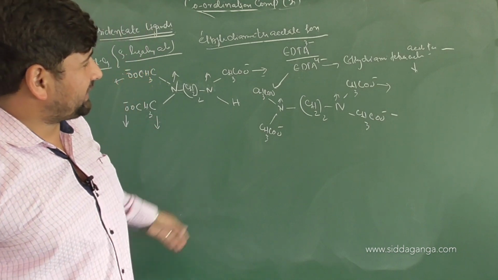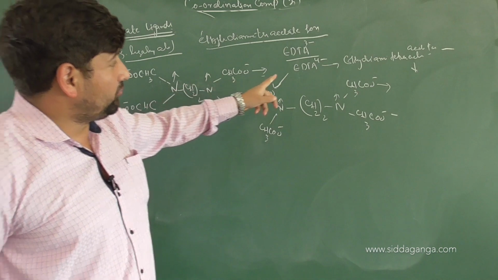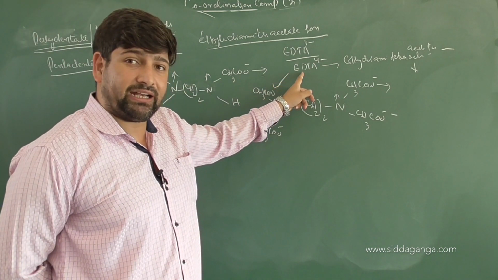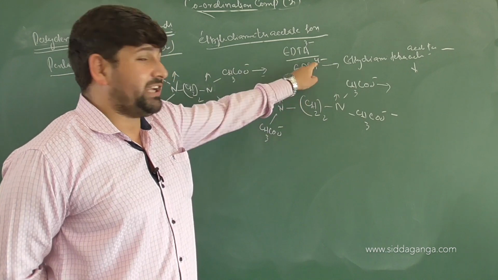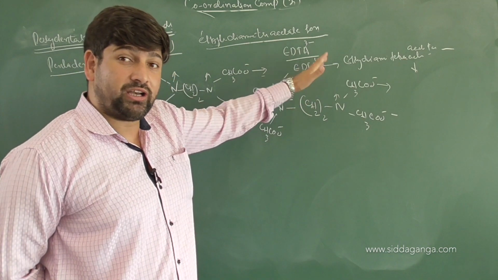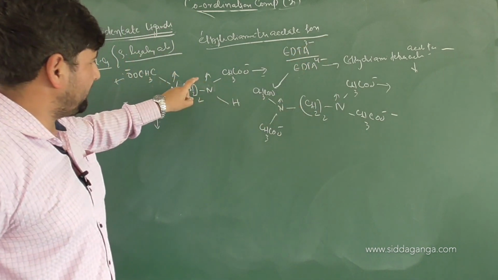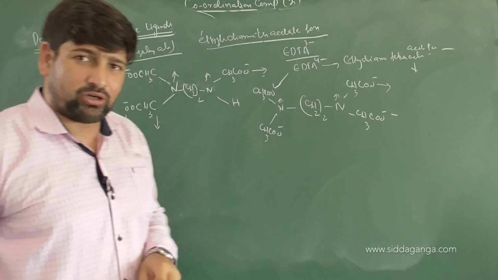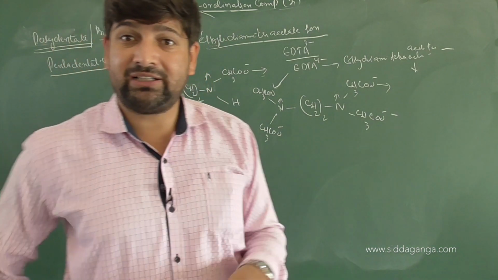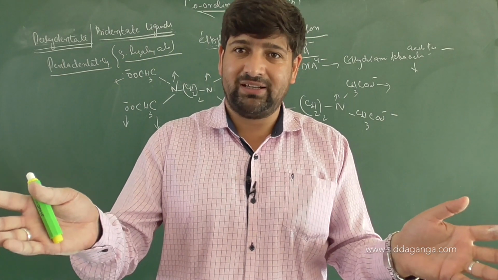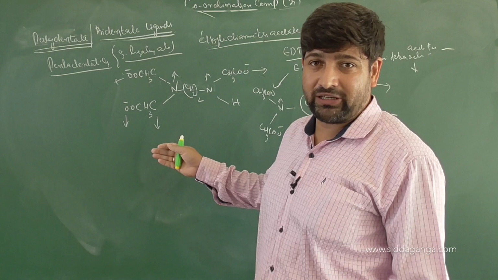So these are different types of ligands in which atoms are donating electrons. And what are the ligating atoms here? How many ligating atoms are there? 6. So what will be the coordination number from EDTA 4 minus? Coordination number will be 6. From EDTA 3 minus, coordination number will be 5. From ethylene diamine, coordination number will be 2. From oxalato, coordination number will be 2, because there are 2 regions of electron donation. Am I clear here or not? Did you understand the examples here? What are the different types of ligands here?